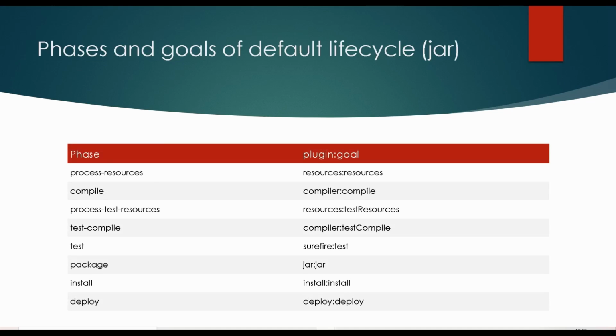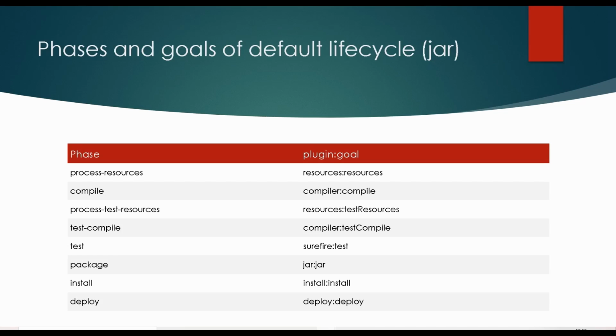If you're considering jar as the packaging, then these are the different phases and goals which we can consider. Suppose I need to compile the code, we have to use a compiler plugin to do the compilation of the code. So that is a goal, like I need to compile the code, right? And if I need to test the project after creating it, I need to use the Surefire plugin to test your project. So I can use the Surefire plugin to do the testing of the project which you created. Like that, different goals you can set to meet the requirement.